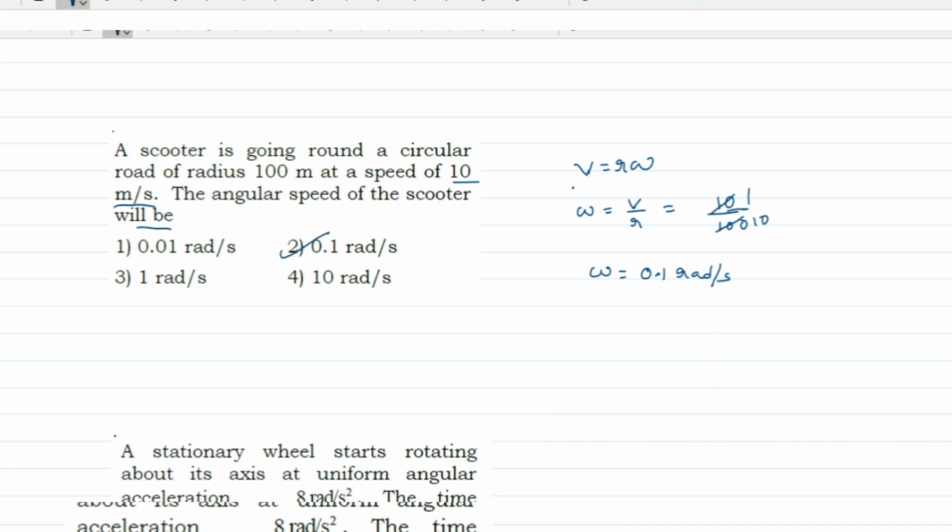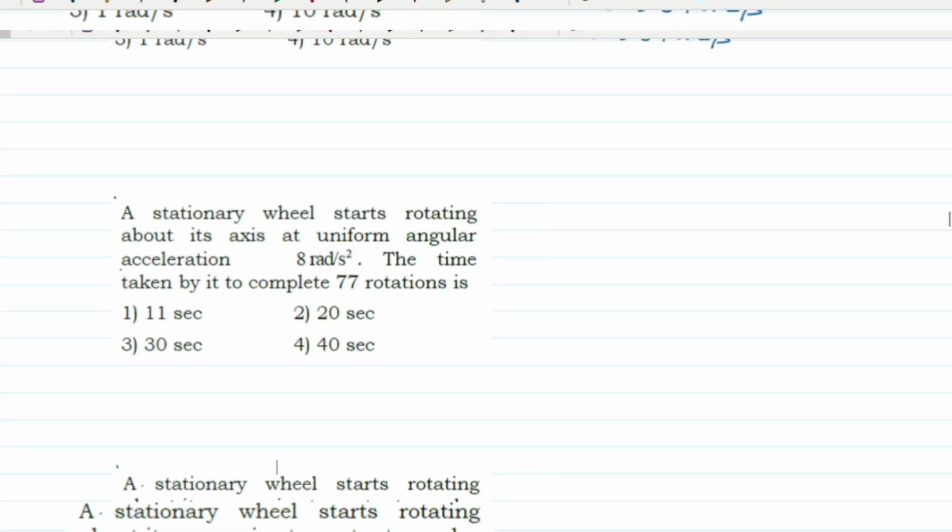This 0.1 radian per second is the correct answer. Let us see the next question. The next question says here,